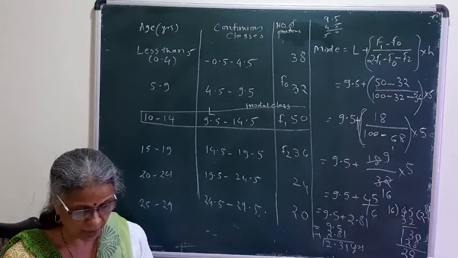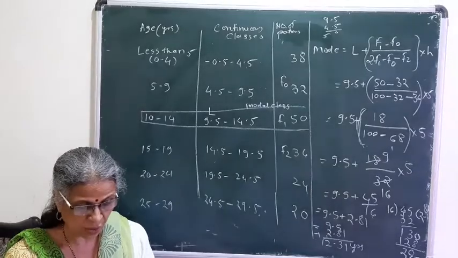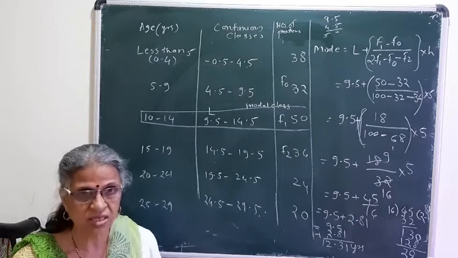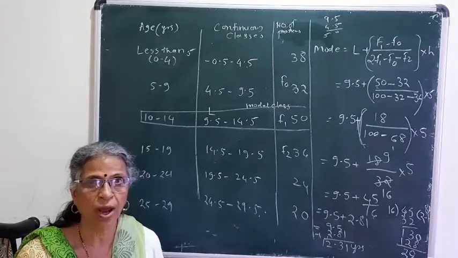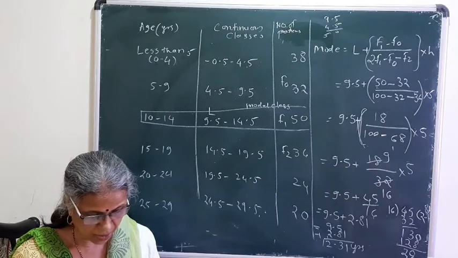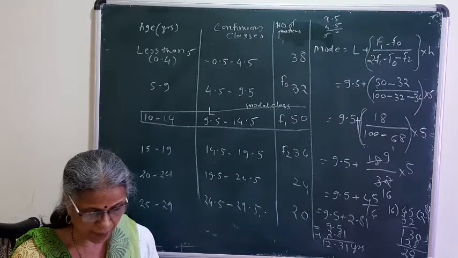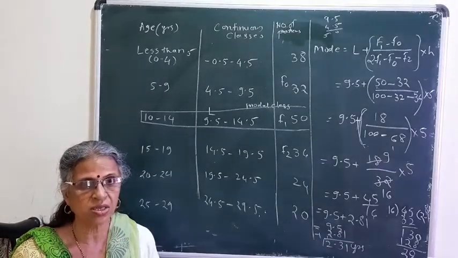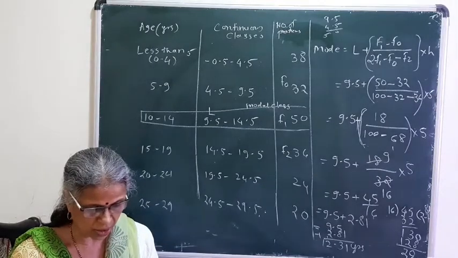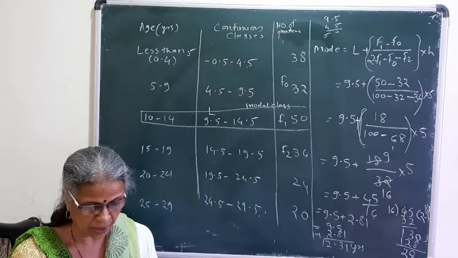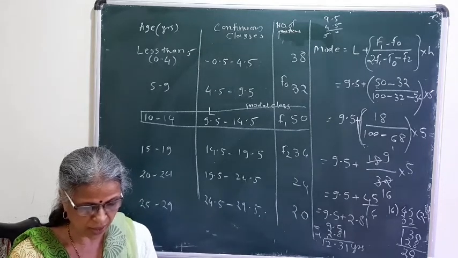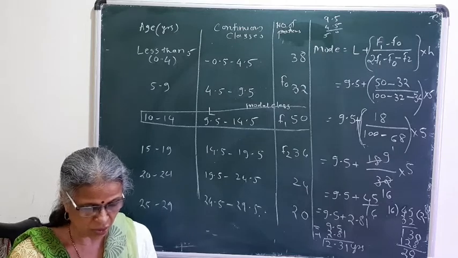They have given you the table 8 to 9, 10 to 11, 12 to 13, 14 to 15, 16 to 17. Again here classes are not continuous, so for drawing the histogram, you are going to draw the columns one after another, so that there is no gap between them. That means you have to make the classes continuous if they are not given continuous. You have to remember that. So they have made the continuous classes by subtracting 0.5 from 8, 7.5, adding 0.5 to 9, 9.5, and they have given you the frequency.